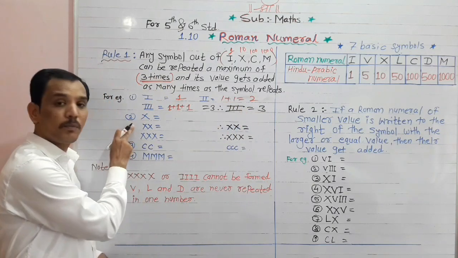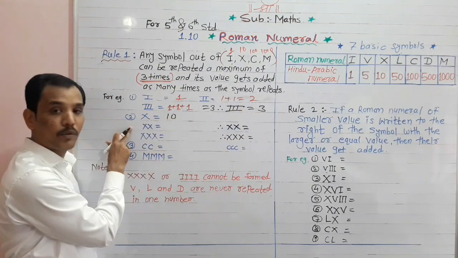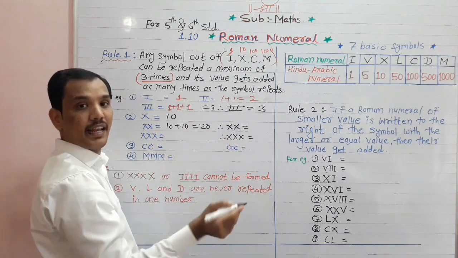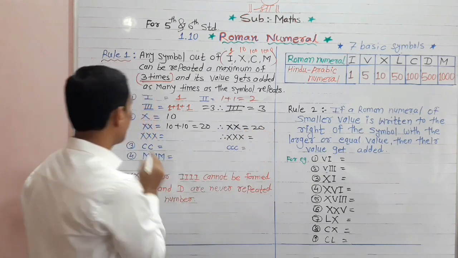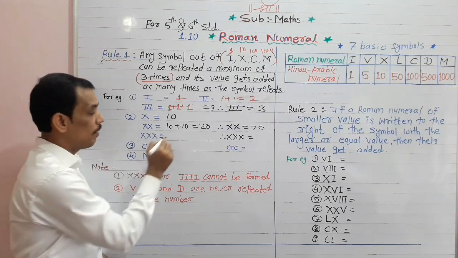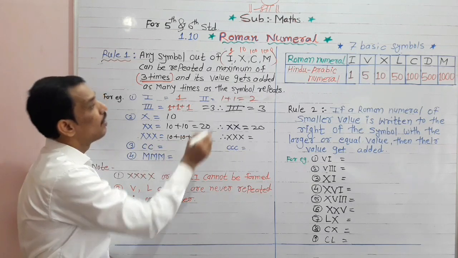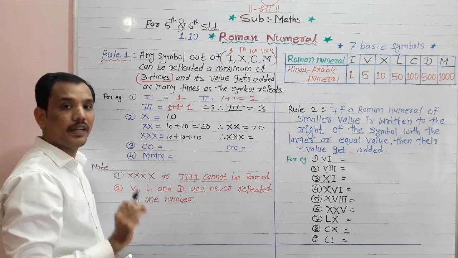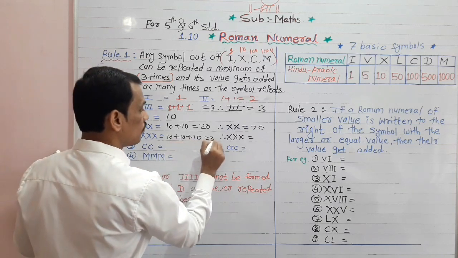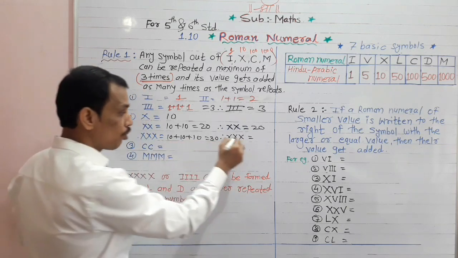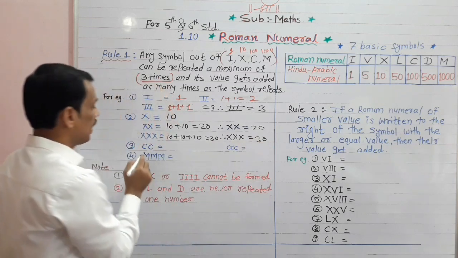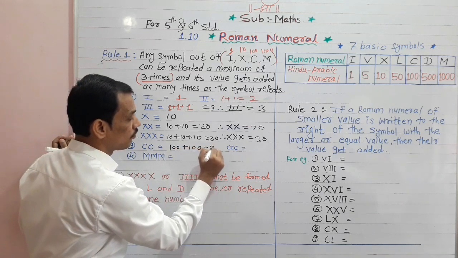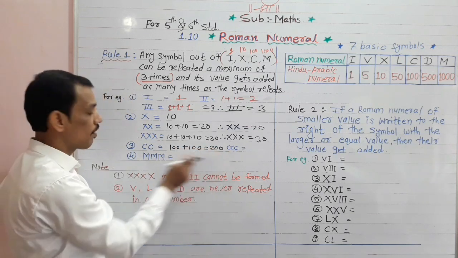Now downside, this symbol stands for 10. Very good. Here X comes 2 times. It means 10 plus 10 is equal to 20. Therefore for 20 which Roman number is used? Double X. Now here X comes 3 times. It means 10 plus 10 plus 10, as per the rule the symbol is added as many times as it repeats, and this symbol is repeated only 3 times. So it is equal to 30. Therefore for 30 we use the Roman number triple X. Now double C, it means, now you understood, 100 plus 100 is equal to 200. So for 200 we use double C.